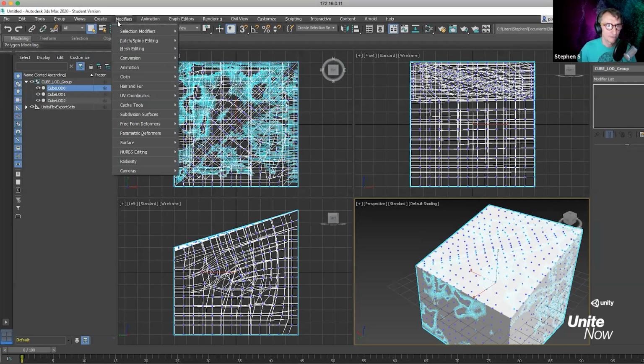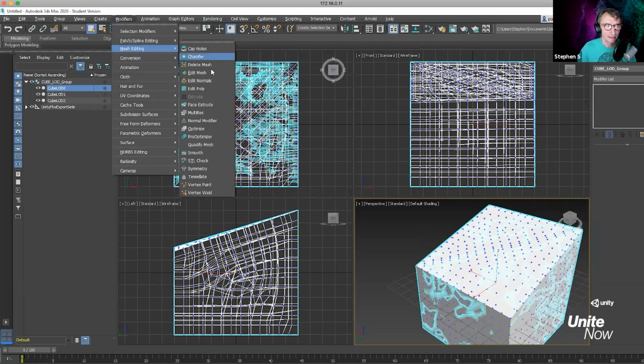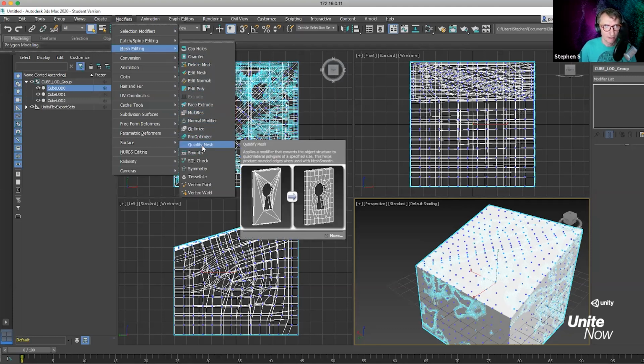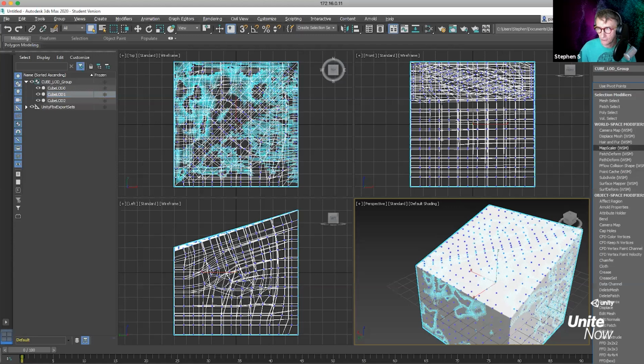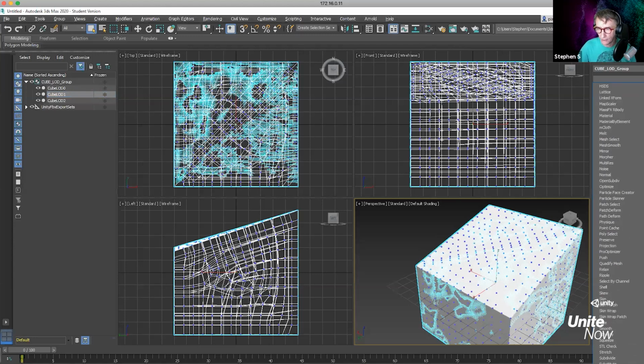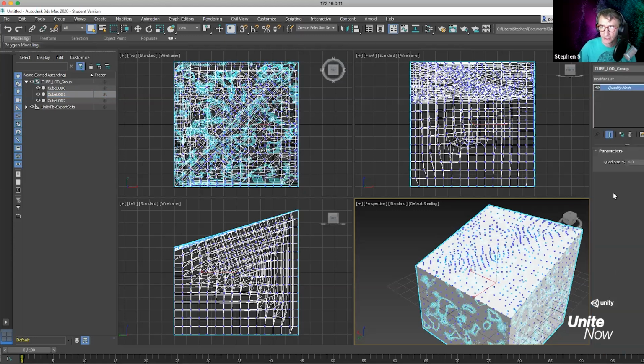If you go to modifiers, mesh editing, and you go down, you'll see quantify mesh. Once it's converted to that, you're going to see it in the modifiers list. If you select these cubes and you don't see it, select this modifier list, scroll down to where it says quantify mesh, and it'll show up there and you can change the parameters. I think that's what you were talking about.